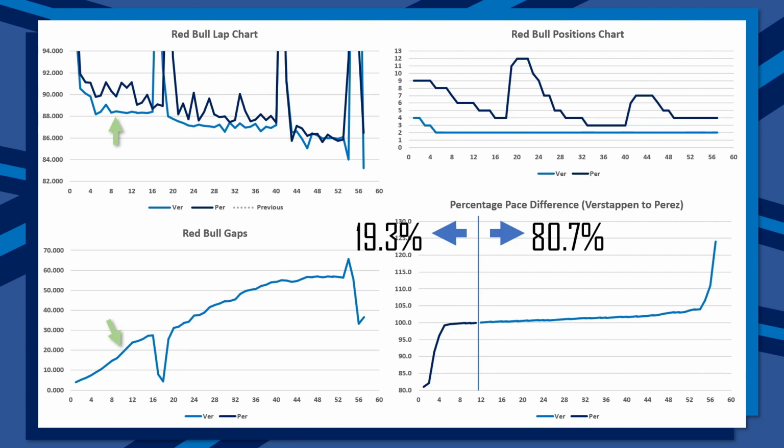Both drivers come in for pit stops fairly early on and very close together as well, where again Verstappen is extremely consistent, unlike Sergio Perez who has a couple of slow laps and a couple of fast laps. Interestingly, both drivers come in on the same lap at lap number 41, so there is absolutely no effect on their gaps chart whatsoever. However, in the final stint, Perez actually manages to match Verstappen perfectly for lap times in